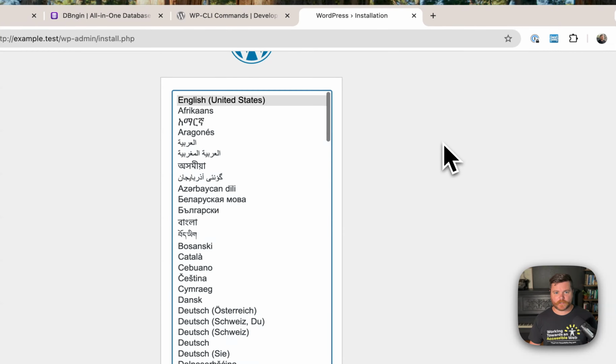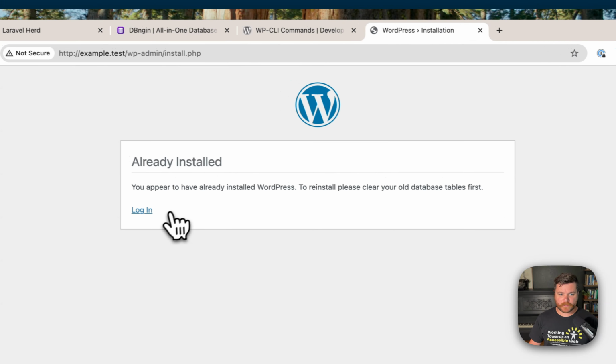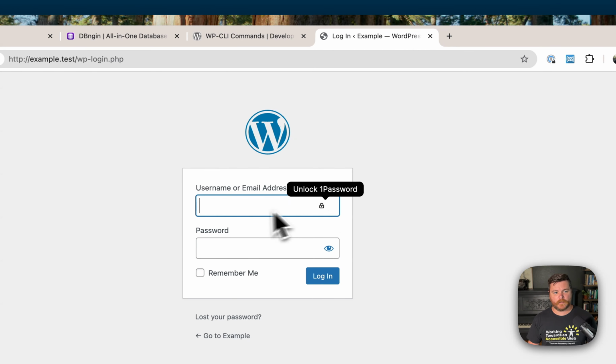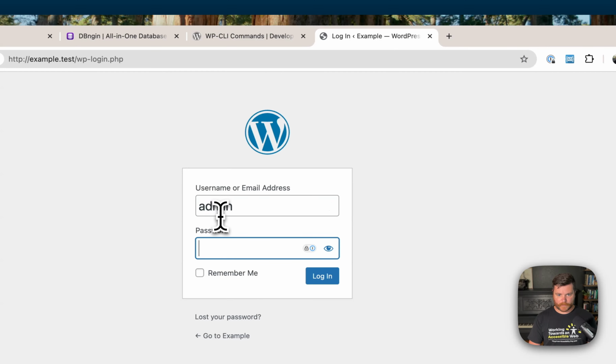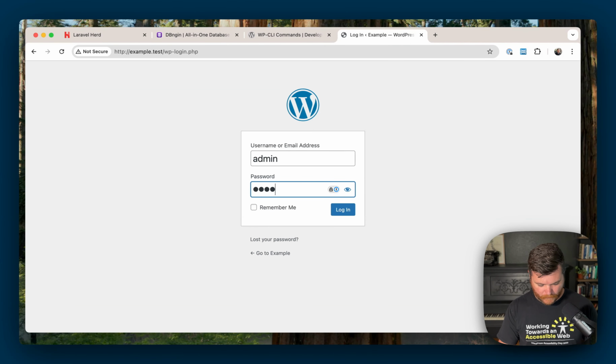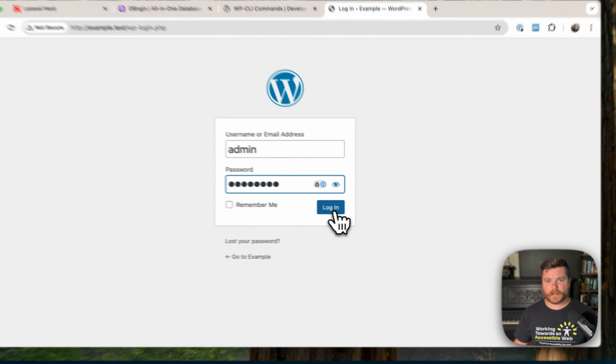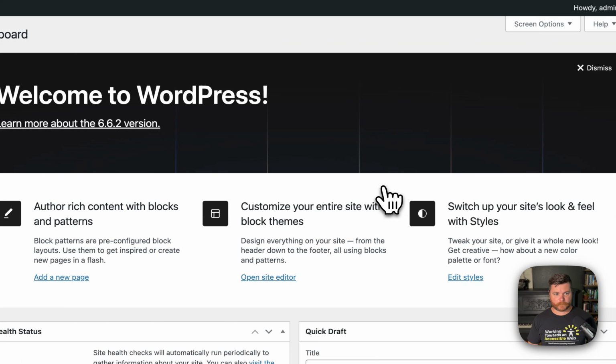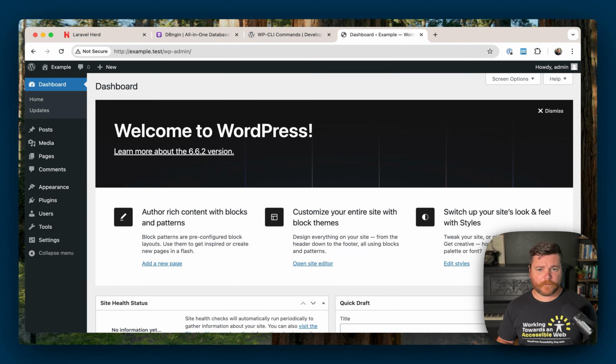Now let's refresh this screen. WordPress is already installed. So let's log in. And we know we need to log in with admin and password. I don't think I typed that right. And log in. And boom, we have a WordPress installation running on Laravel Herd, running on DBngin for our database,